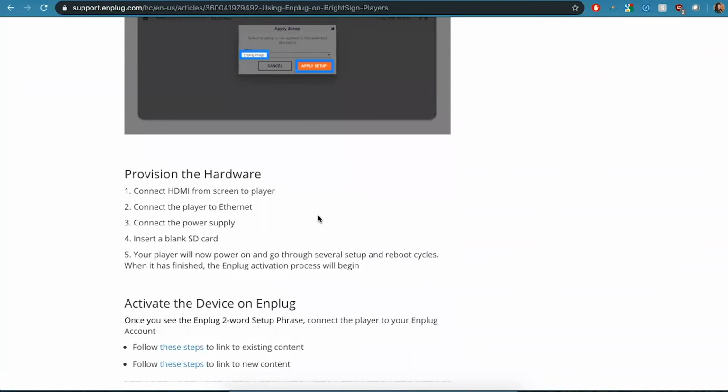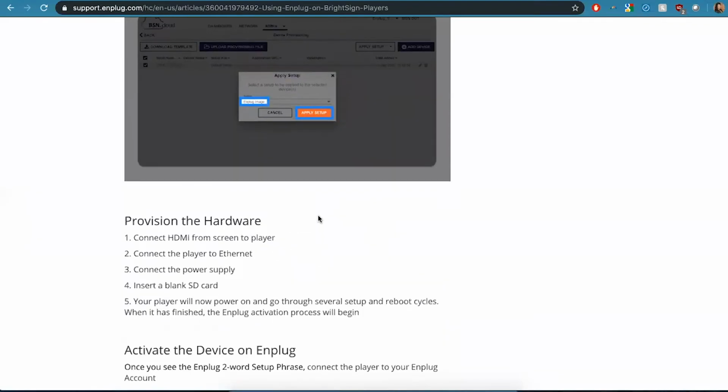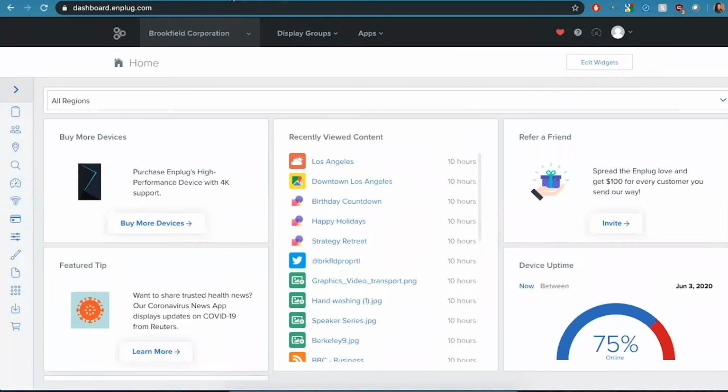There's some more details for if you wanted to see some more information about the setup or have any issues with it, you can reference this article. But once you add the package to the Enplug device, what you're going to see is what we call Enplug, the device setup. Now, before we go into the dashboard, I want to give a little bit more overview of